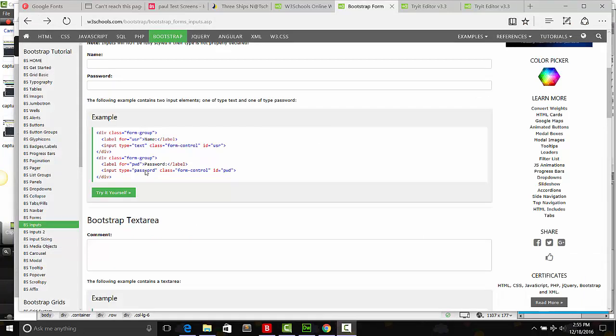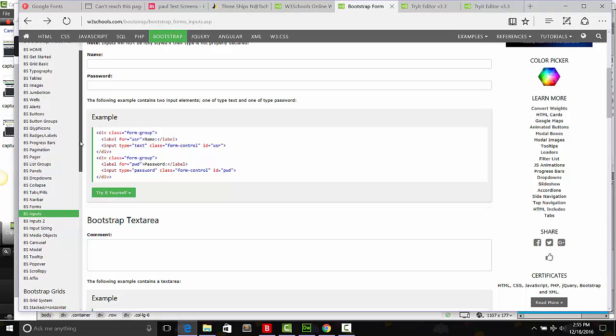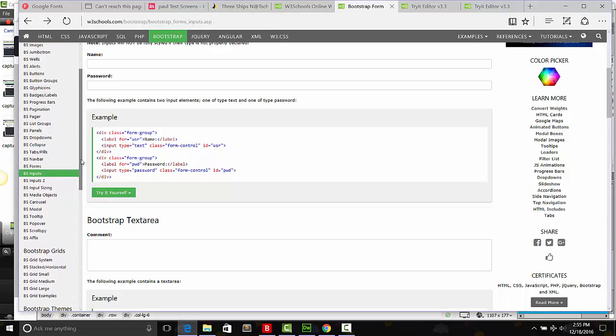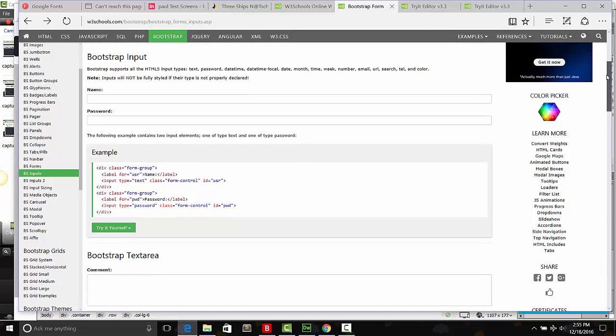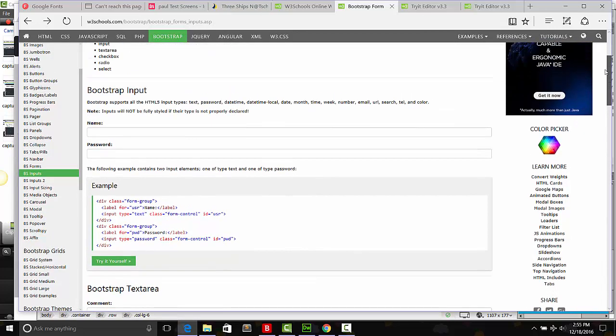Now back in W3 Schools, we have again access to all these properties, and the ones we want to look at for now are the input boxes. So these are really a good way to fill your website with the potential for your client or whoever else to start inputting passwords and names. As I said, the reason we're doing that just now is to follow up upon the prototyping classes that we've been doing. So we can take these two here, for example, name and password, and all we simply need